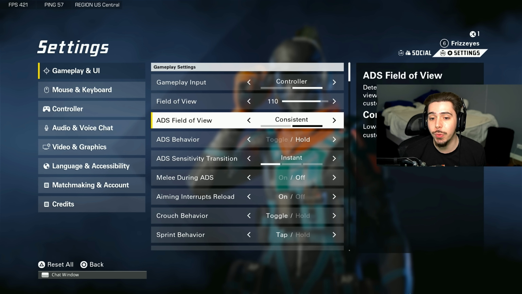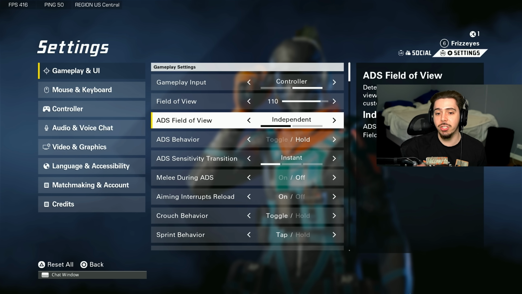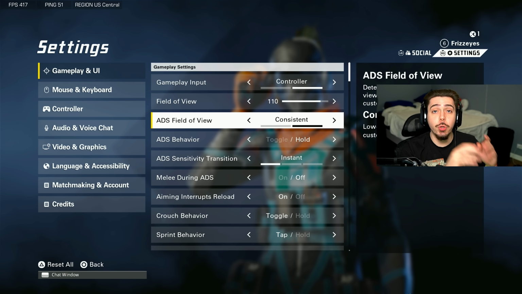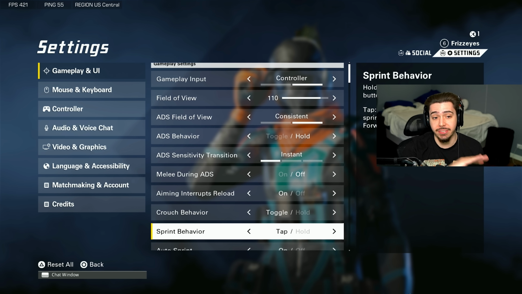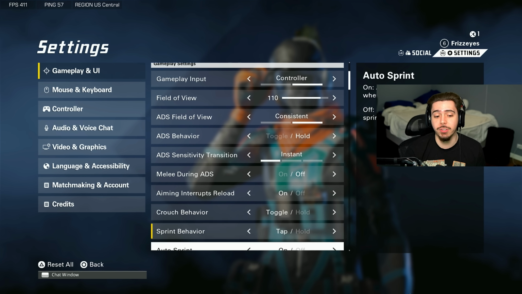My ADS field of view is consistent, which is basically affected in Call of Duty. And then independent is right here. The constant ADS field of view actually visually reduces recoil. So it's very, very helpful. The rest of these settings that you see right here, I honestly didn't touch any of these whatsoever, but for